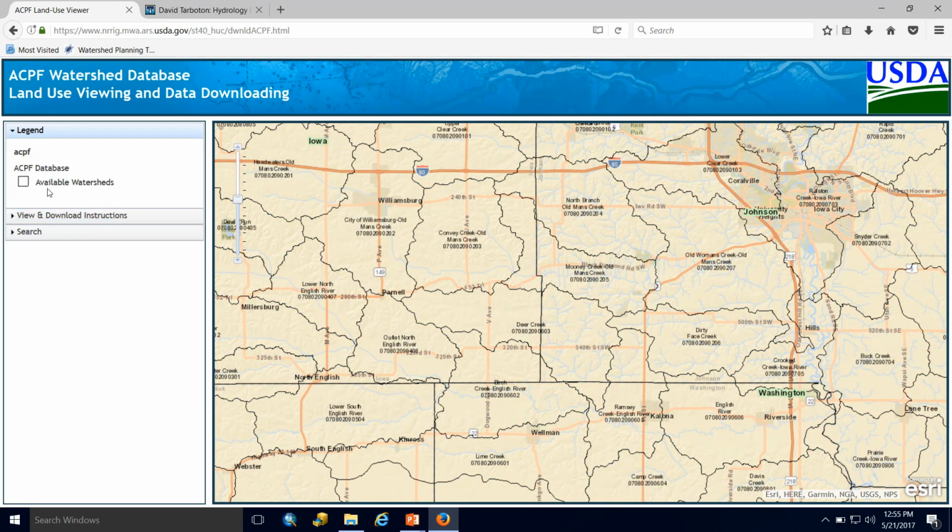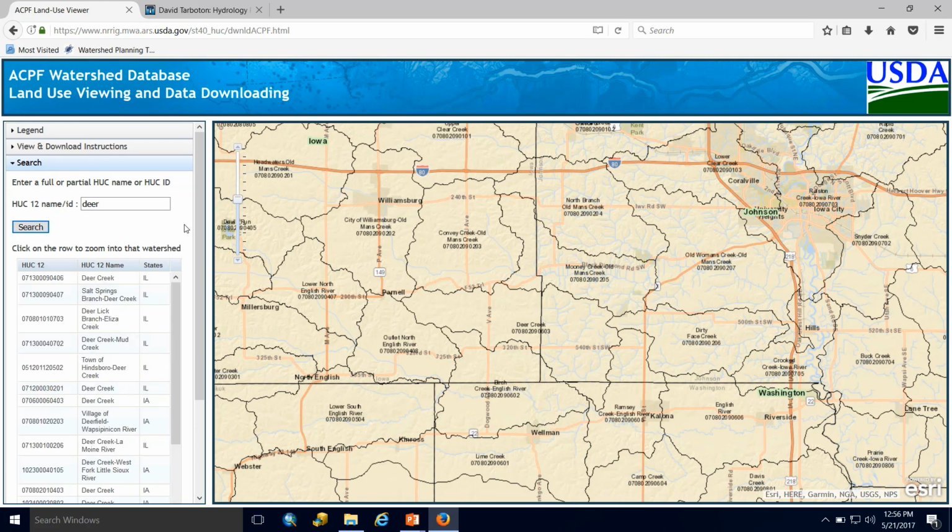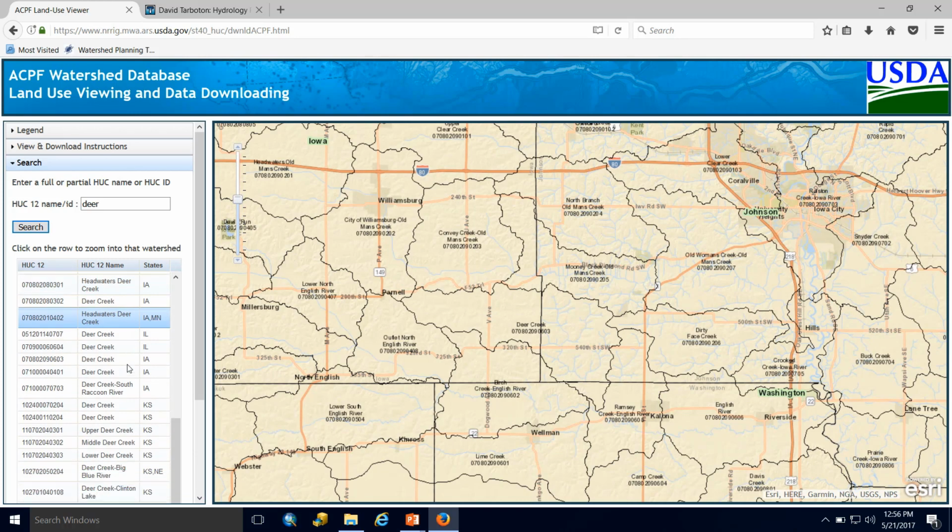You can see here under the legend that tells you that. You can search for HUC12s either by their HUC12 ID or their name. So for example, if I typed in deer and hit search, all the watersheds with the word deer in their name are going to pop up telling me their HUC ID number and the state that they're located in.